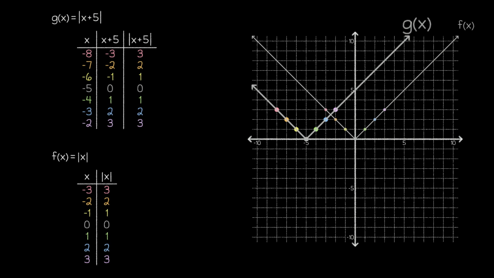Now this may seem a bit counterintuitive that the child function moved left, even though the operation inside the absolute value bars was addition. We might have thought that adding 5 would cause the parent graph to move 5 units to the right. But to understand why it moved left instead, we need to look at our key values for g of x. Since the key values needed to be placed in the second column after we had added 5, that meant that we needed to subtract 5 from our key values to get our input values. This inverse effect resulted in the leftward movement.